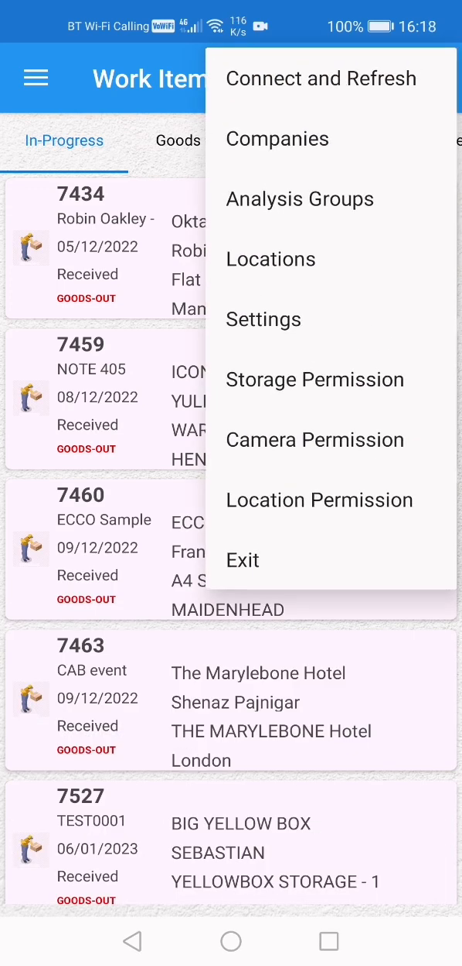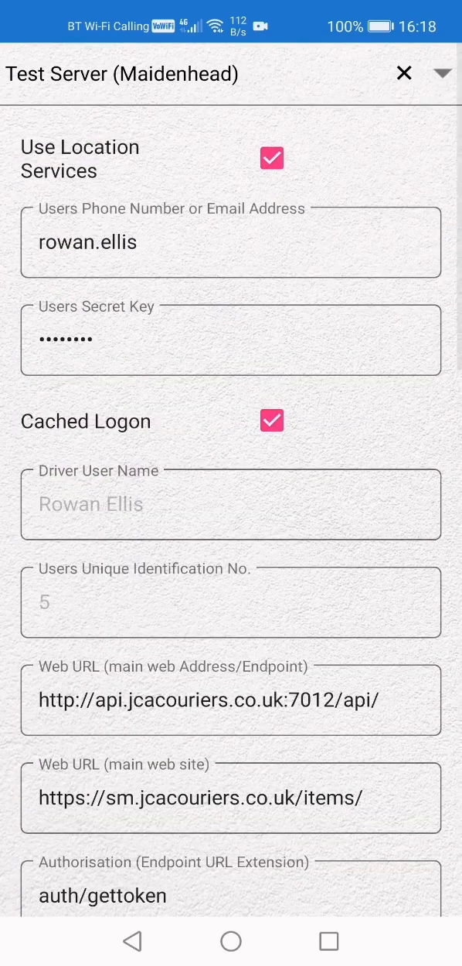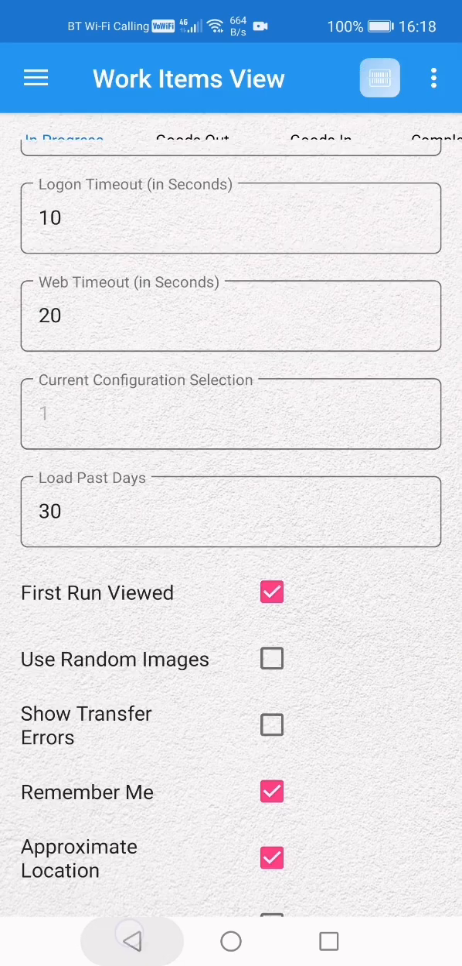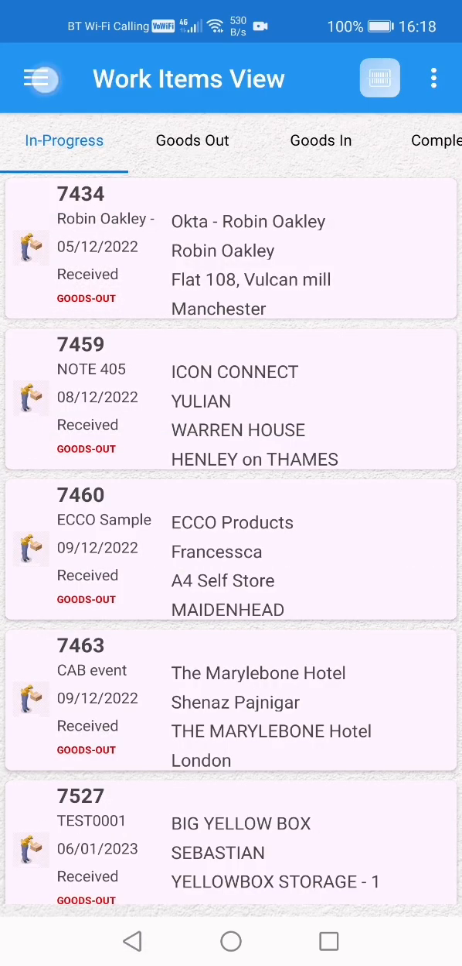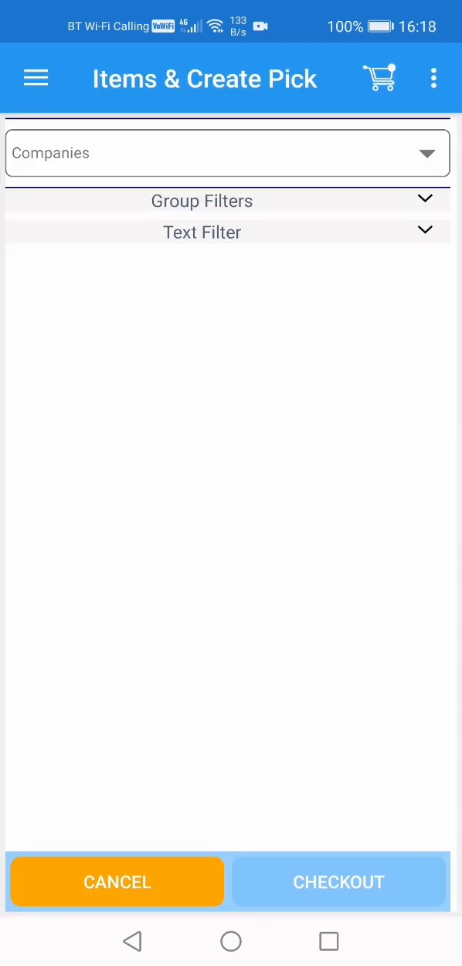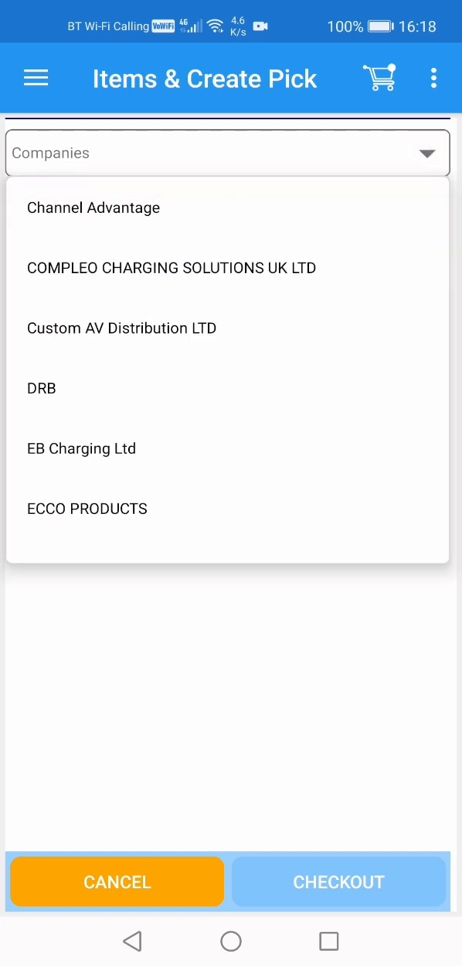Obviously you've got your settings, which you can change, what you're connected to and all the various settings of the application. And then you have stock and picks. So again, this is where you would create a pick. So you choose a company,